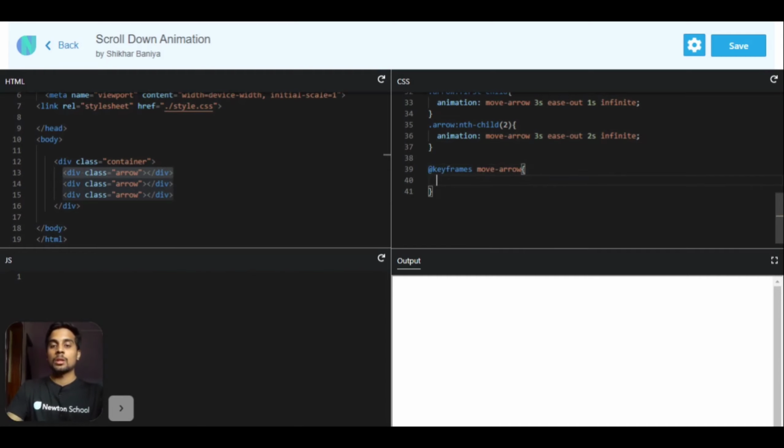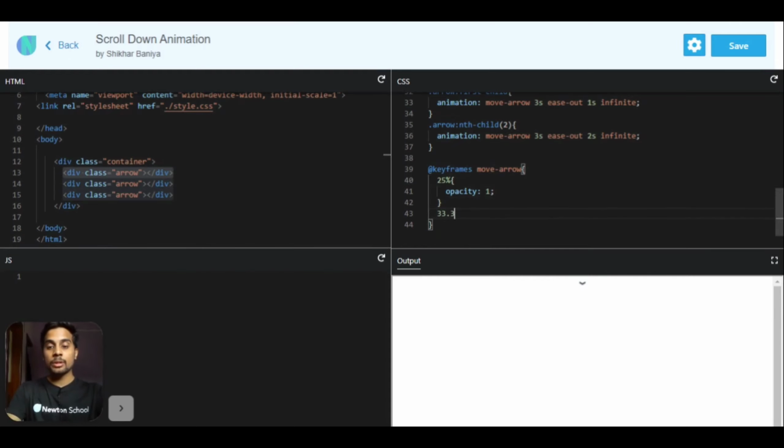Now this will be a very tricky part, let me show you. So first at 25%, what I want to do is change the opacity to 1. So as you can see, at 25% its opacity is now 1.